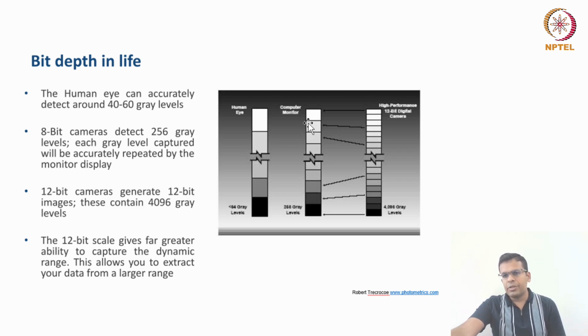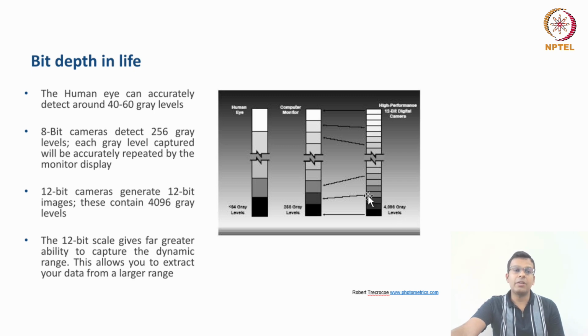Now, the most important point is here. You see, this is what the human eye can see, 64 gray levels. That means around a 6-bit image. Your computer screen can display 256 gray levels, like an 8-bit image. And if you are using a 12-bit or 16-bit camera for a microscope, it can see 4096 or even